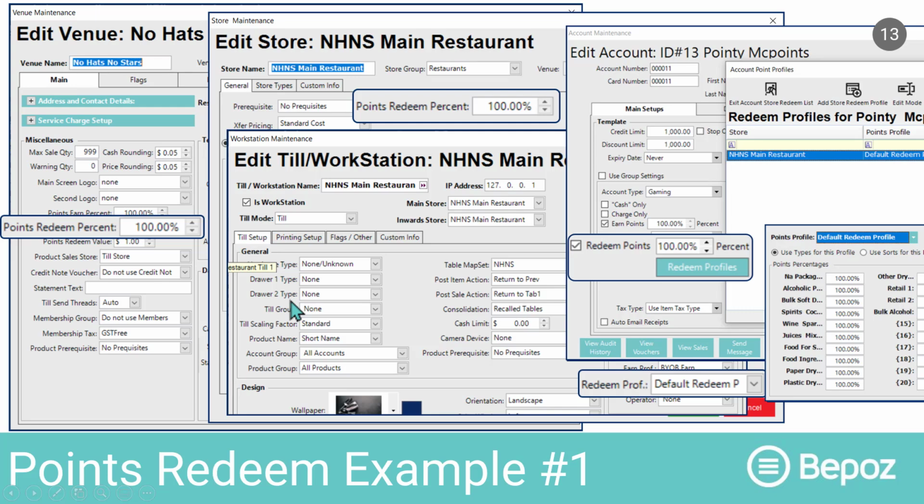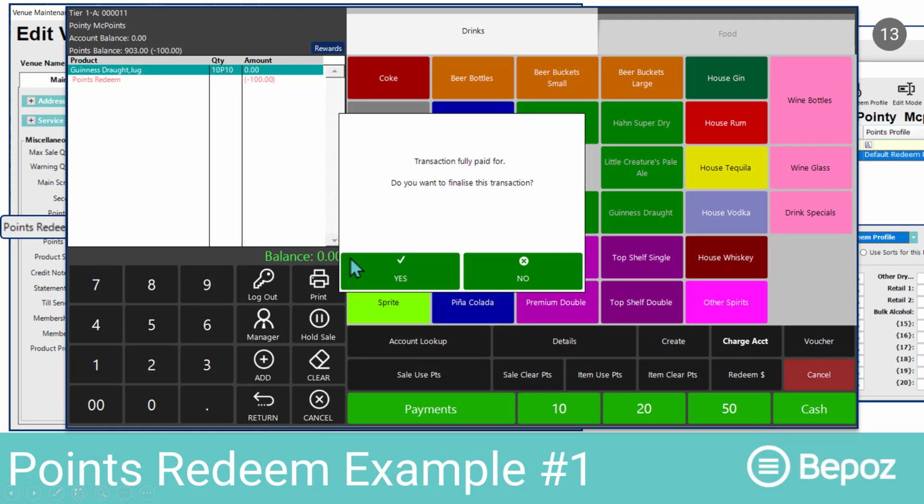And Pointy McPoints loves their Guinness. So much so that they buy $100 worth at a time. What are the odds? We're using $100 for our example again, to keep things simple, of course. And with the current points redeem setup, they will need exactly 100 points redeemed here to cover their $100 worth